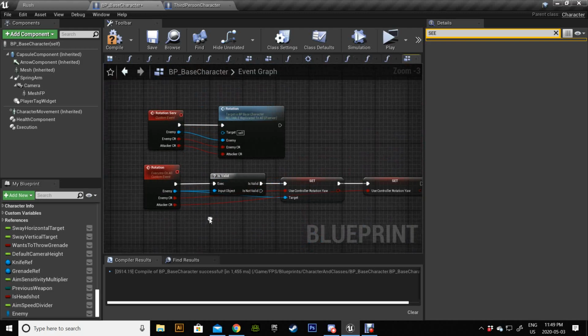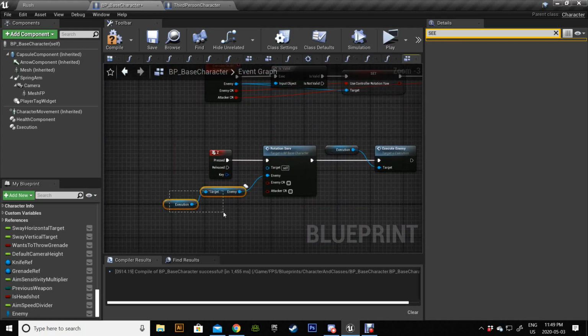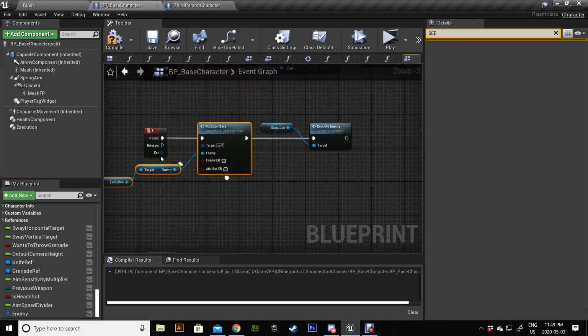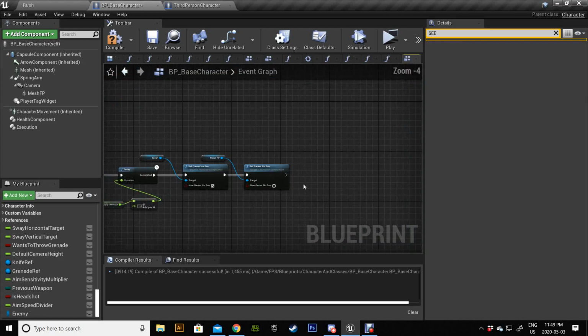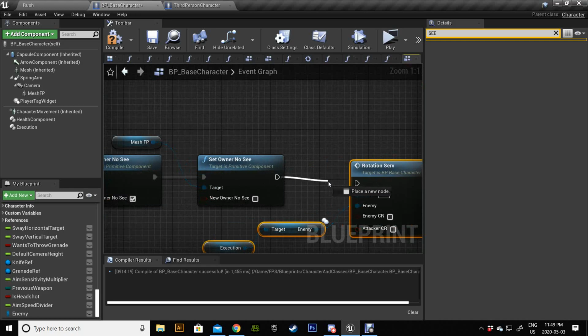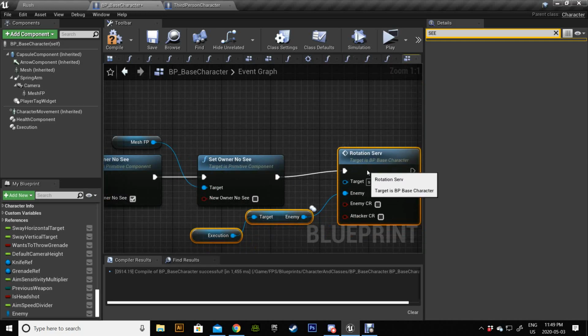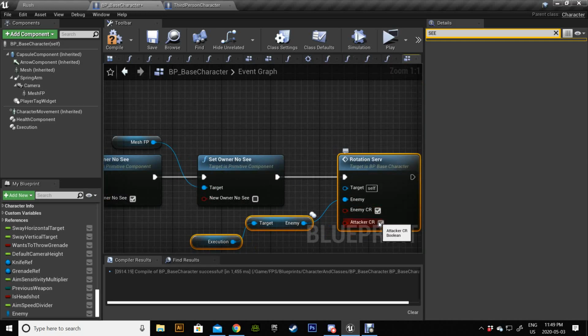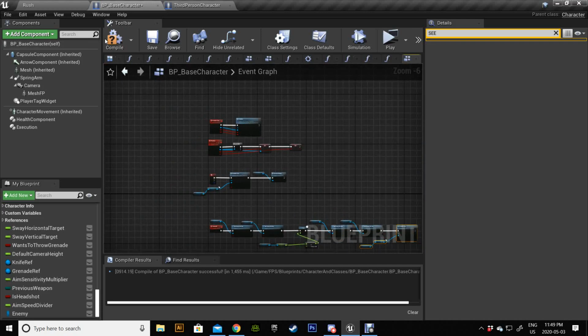And what we're going to do is copy the rotation at the end of all this, and set it as well to the default, meaning we want the rotation to be true. The enemy doesn't matter, you're going to be dead anyway, but for the attacker, make sure it's true. Alright,